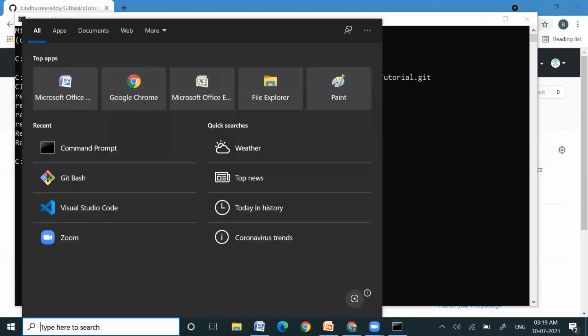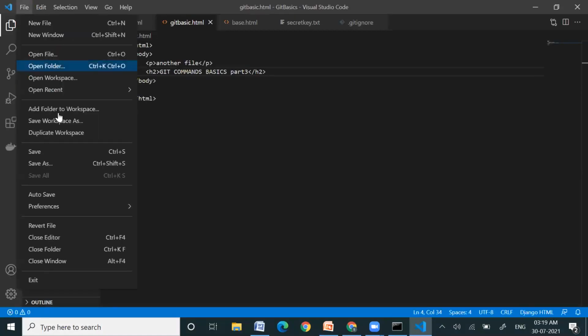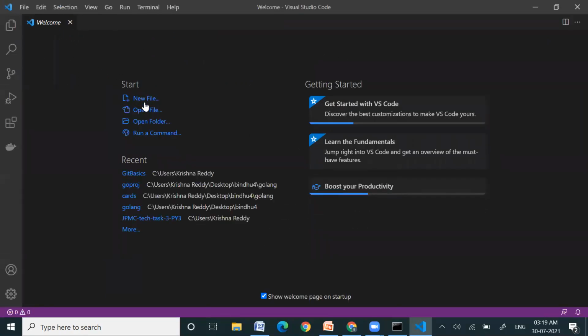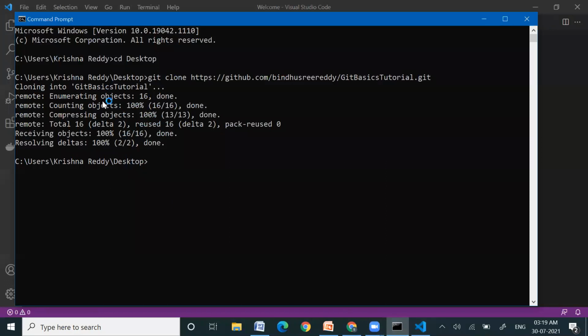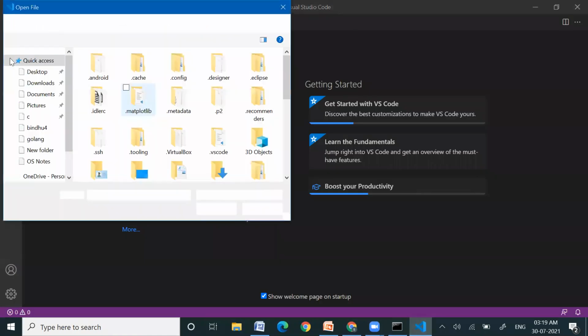Now we'll open that in VS Code. We need to close this file, which already exists. We cloned the repository on the desktop, so it should be available there.